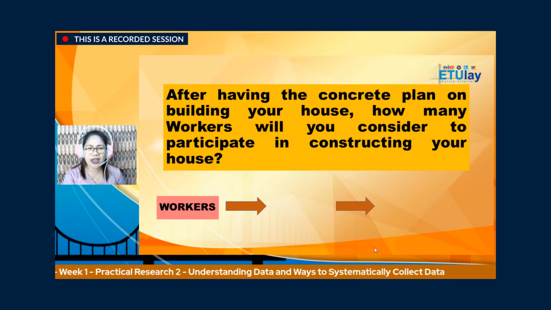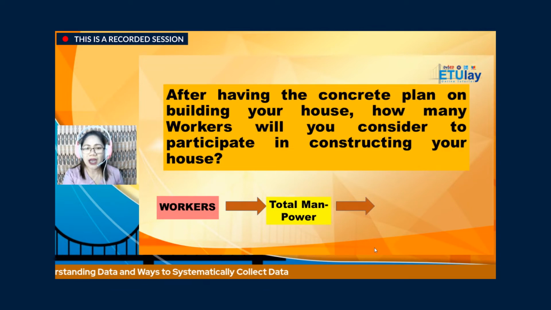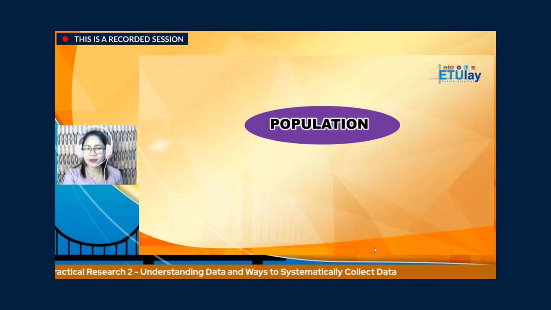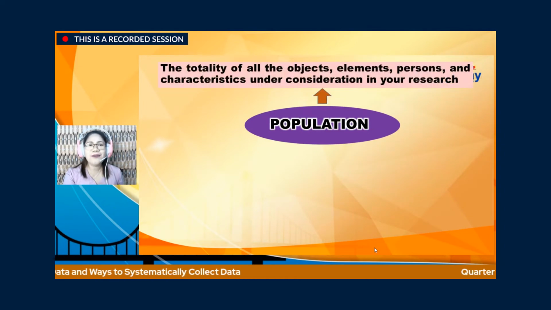So when we are talking about the workers, we mean here the total manpower, meaning to say, number of individuals who will participate in building your dream house. If we're going to relate that again to research, we mean here participants or what we call population. So what is a population? So in research, this refers to the totality of all the objects, elements, persons, and characteristics under consideration in your